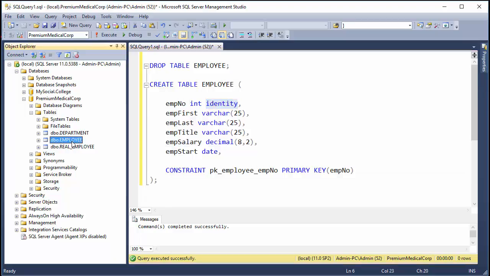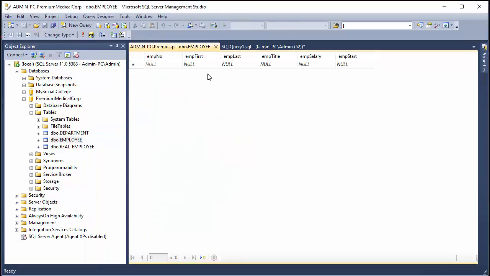Okay, so I'm going to go into my employee table. I'm going to right click, edit top 200 rows, and when I add an employee, I'm just going to put my own name here, James Marks, instructor,